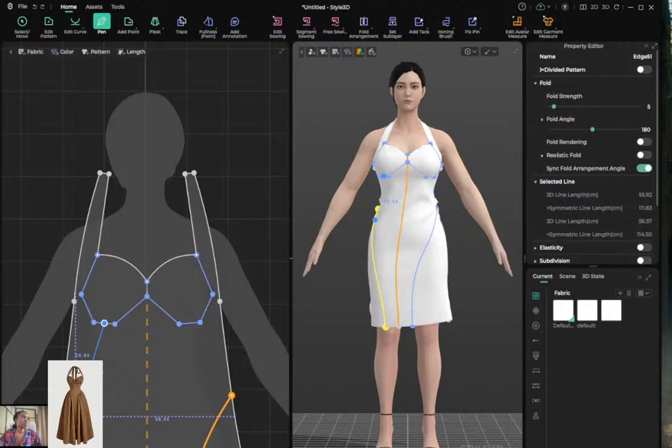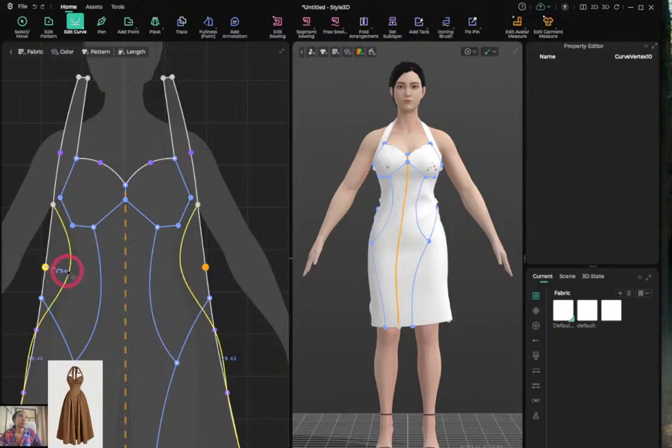No, let me do that one more time. The line is running from here to here. Okay, so now what I'm confused about is... okay, so let me start sculpting the waist area so that it doesn't confuse us a lot, right? So I'm going to bring in the curve tool,